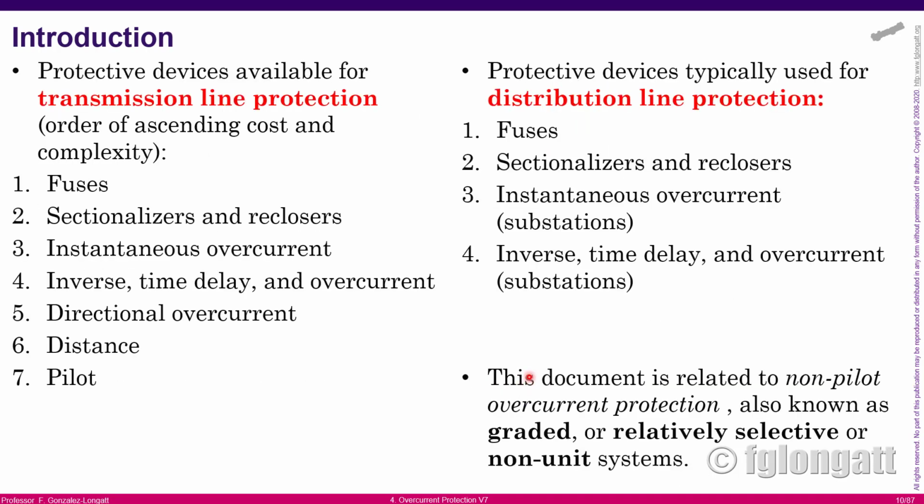Now I need to be clear. Transmission line protections and distribution line protections are very, very different. Of course, the difference is because of many things related to power system characteristics. Distribution systems have a higher resistance compared with the reactance. The topology is mainly radial. As a consequence, for distribution line protections or feeders, it's very simple to use the short circuit current to